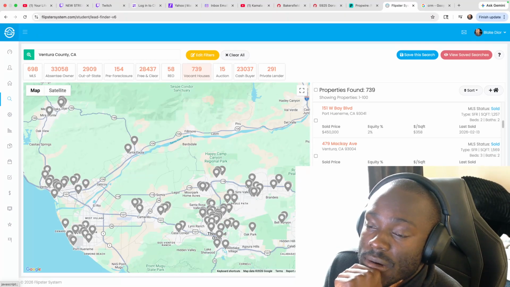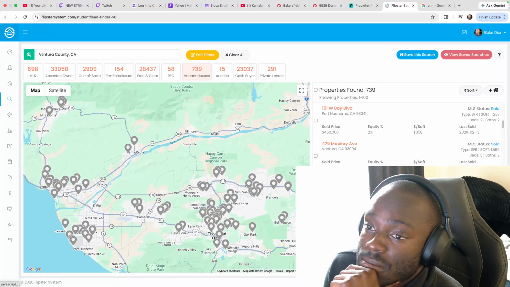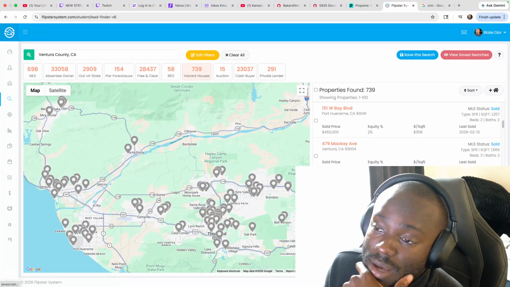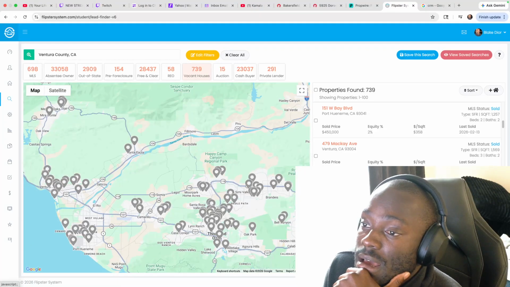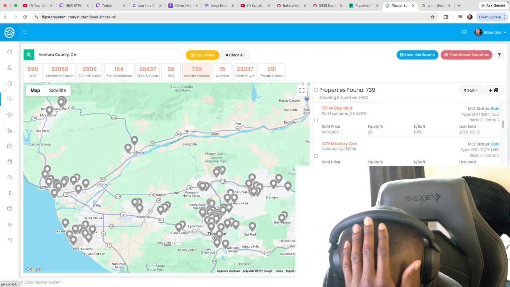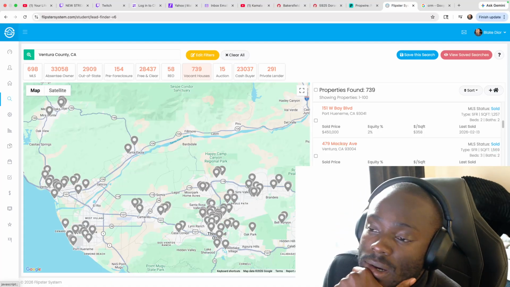They live in another state or out of the country. You got out of state owners. You got your pre foreclosures, like I mentioned. You got your homes that are 100% equity owned. You got your REOs, real estate owned. These are bank owned homes. Then you got your vacant houses.